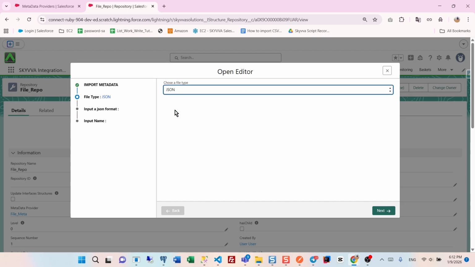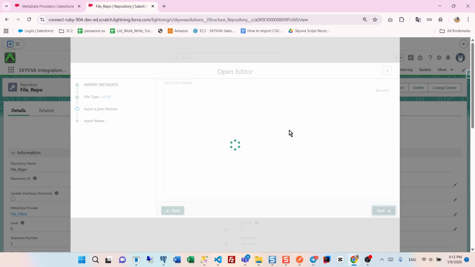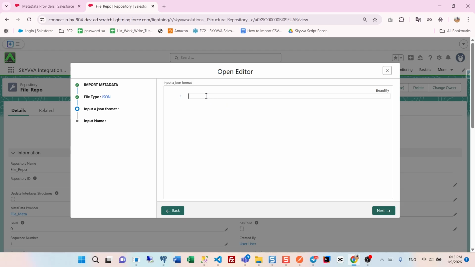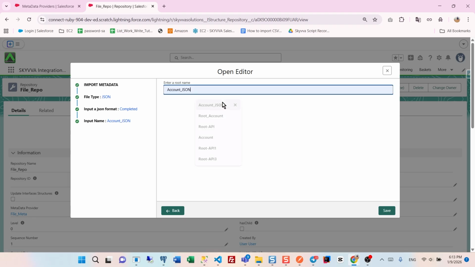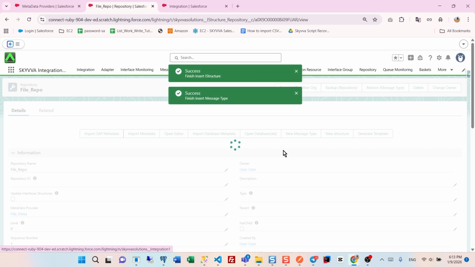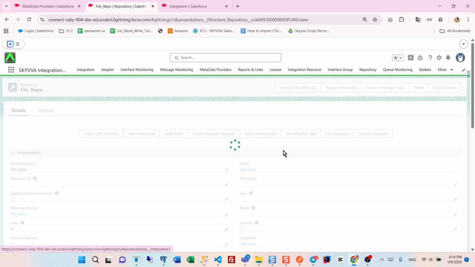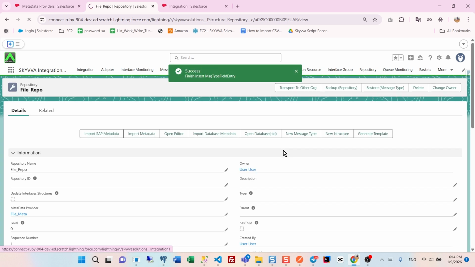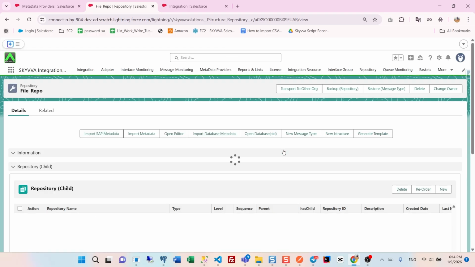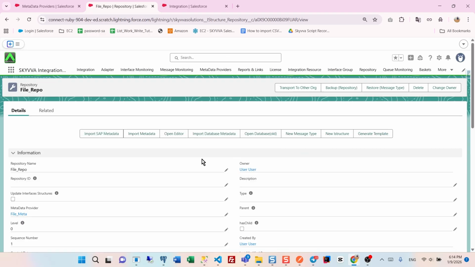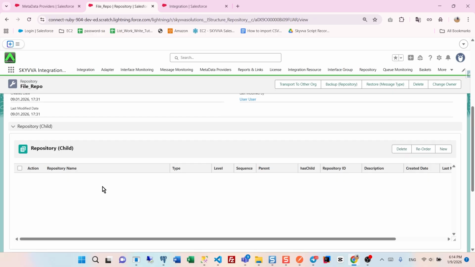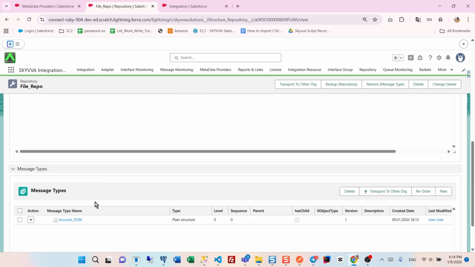Choose a file type, JSON. Input your JSON payload. Enter a root name. Then click on the Save button. After we create the message type successfully,